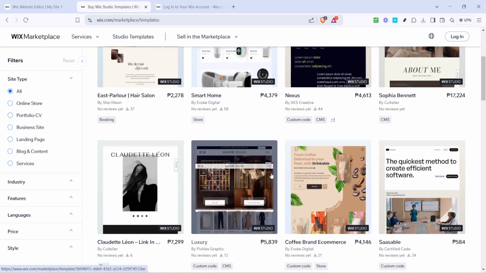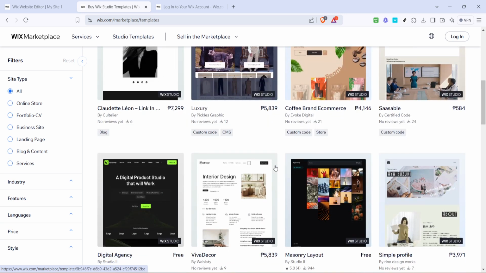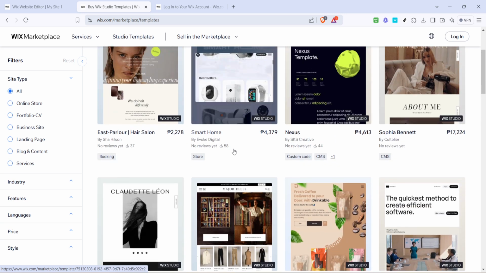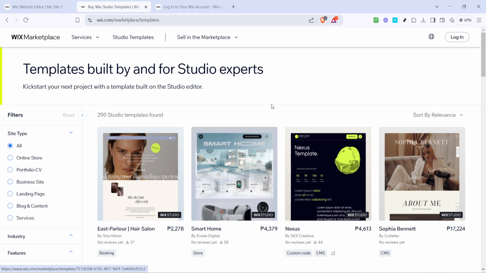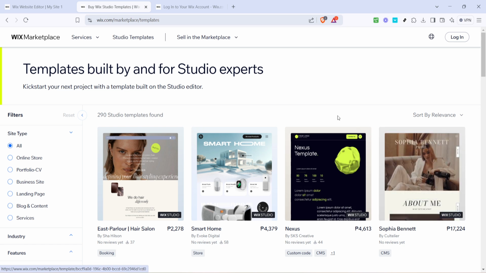Finally, when you come across the selection stating 290 studio templates found, click on that to view a rich variety of customizable options. Sifting through these templates can give you great insight and inspiration on how you can develop your own unique site style. And there you have it. Following these steps, you're now well equipped to join the Wix marketplace and start making your mark in the digital